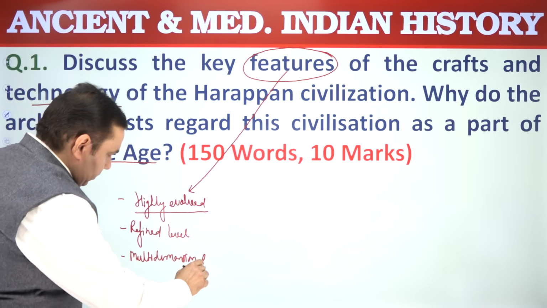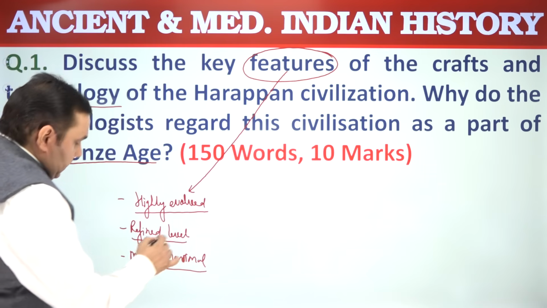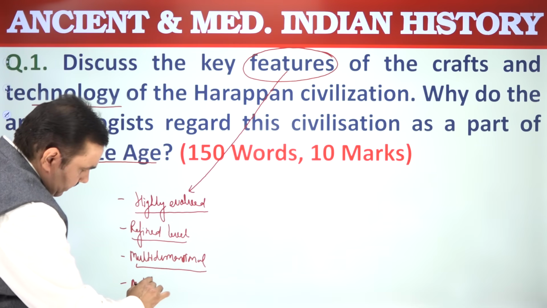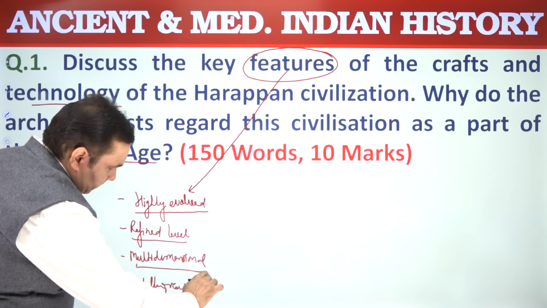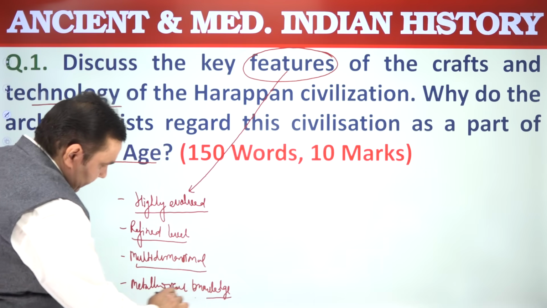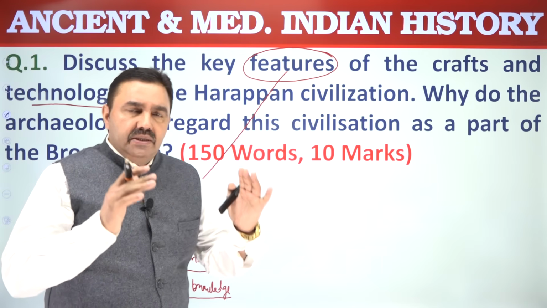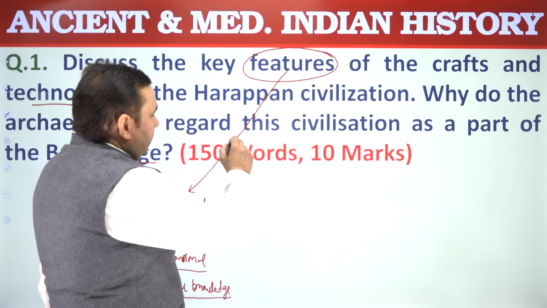You can write pottery, you can put toys, metallurgy. Metallurgical knowledge was advanced because some of the toys, some of the crafts were metal crafts. Harappans knew how to make bronze by mixing tin and copper in a definite proportion. Then you find here